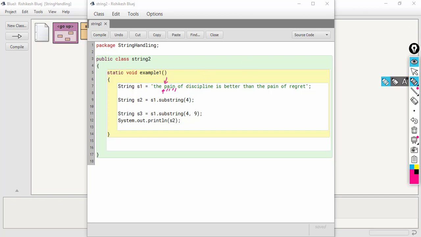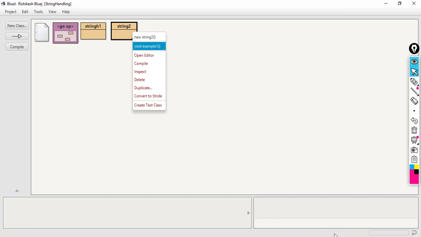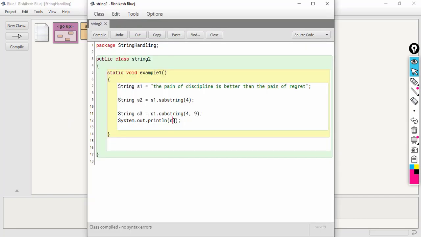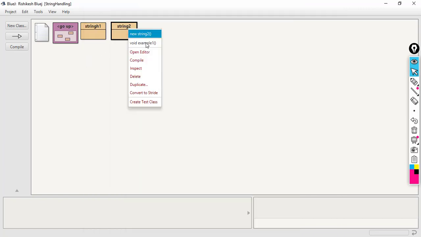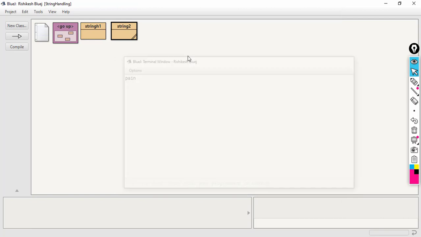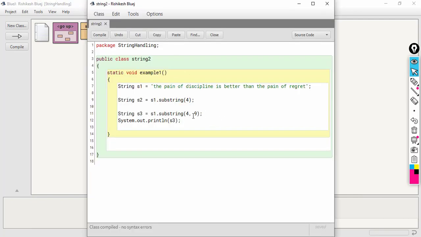So let's have a look at the output. We need to change the variable here to s3, since our string is stored in s3. As you can see, the answer is pain. And if I make it 11, so this one is 4, 5, 6, 7, 8, 9, 10, 11.